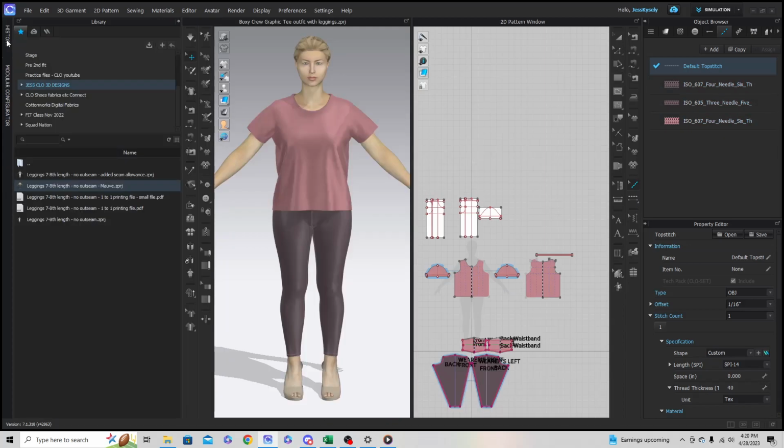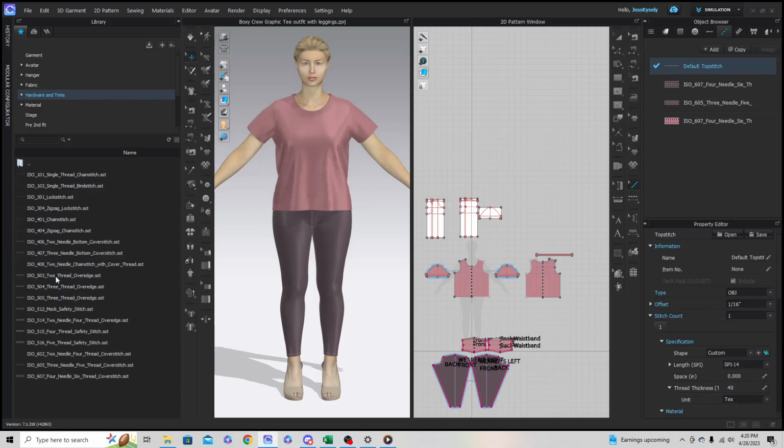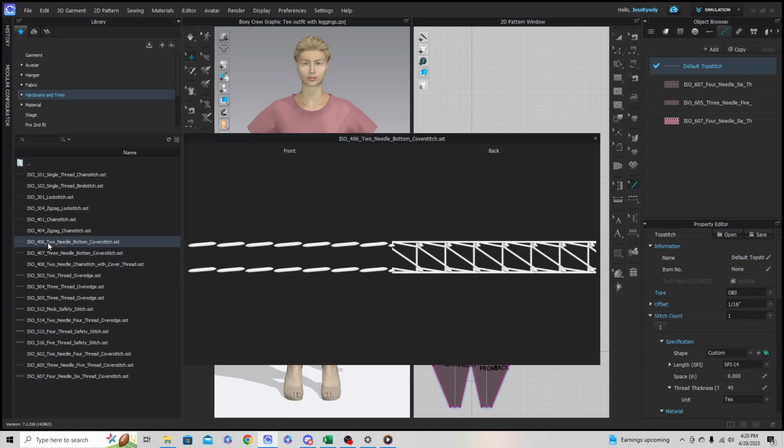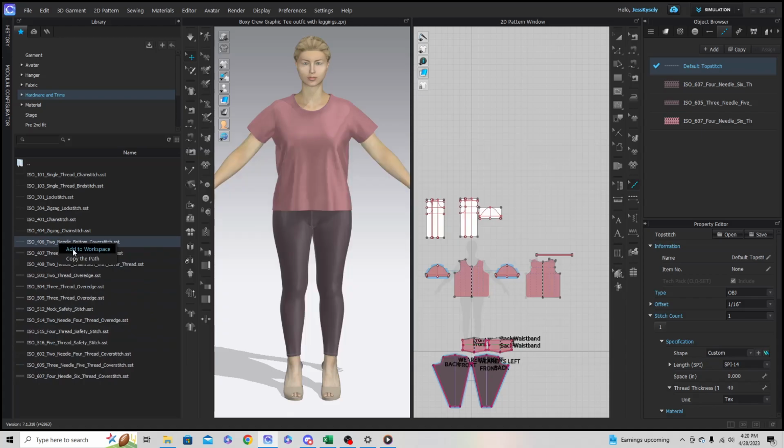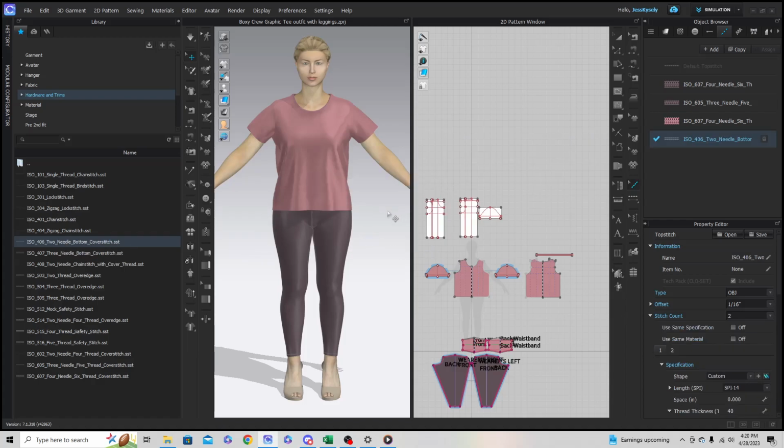So if I go to library and I go to hardware and trims, top stitch, there are ISO codes in here. So I want this 406 2-needle bottom cover stitch, and I'm going to right click that and add it to the workspace. This is pretty common for t-shirt hems, so I'm going to use that at the sleeve opening and